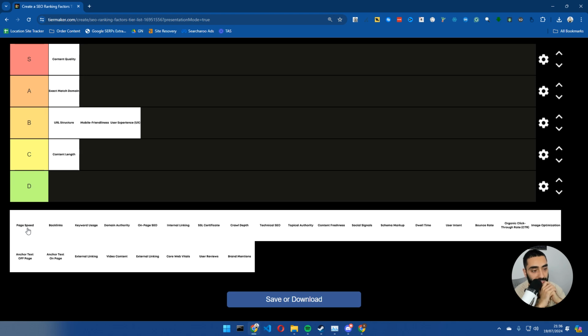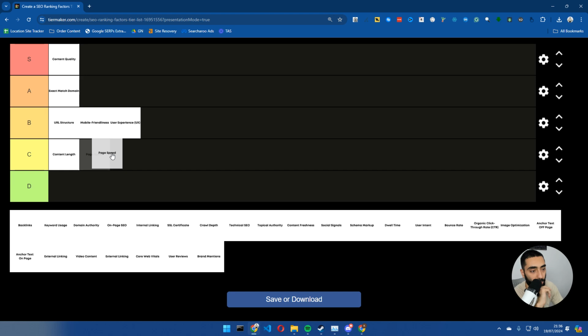But would I focus on page speed? Probably. I would probably put this in the... it's probably C/B. Again, if you're in position 5, it's not going to jump you to position 1 because you've probably got a quick website. But it is a little bit important when you're uploading your images that you're optimizing them. Overall, yeah, I think C is probably a good place for page speed.